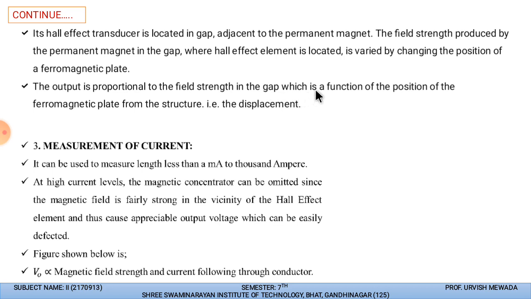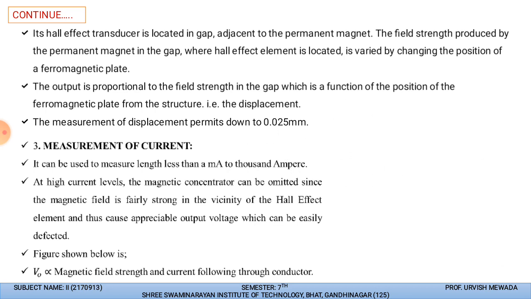So the field in the gap is a function of the position of the ferromagnetic plate. Whenever the ferromagnetic plate is near the core or near either part of it, the maximum flux can be transferred through that air gap. If it is away, the flux requirement will change. Due to that structure, we can measure the displacement. Measurement of displacement permits up to 0.025 mm. If that distance increases, it will require more MMF.